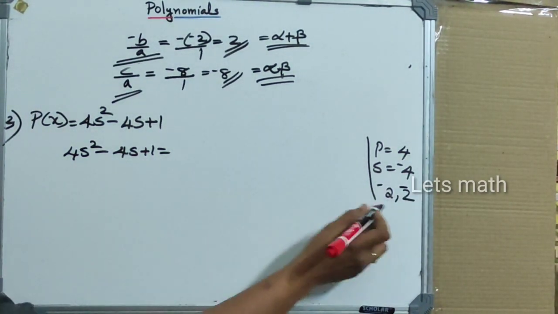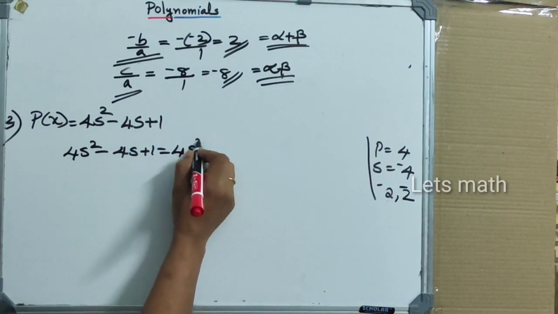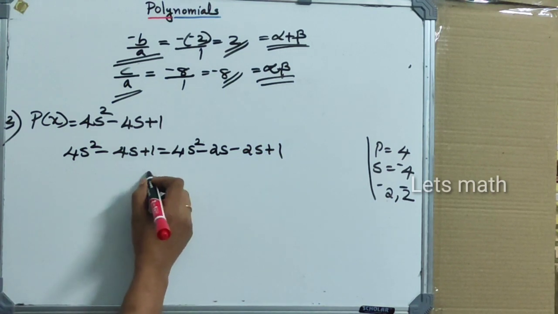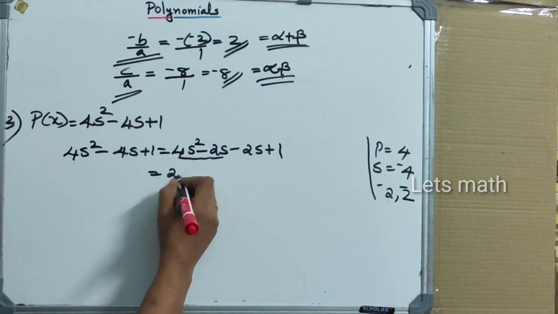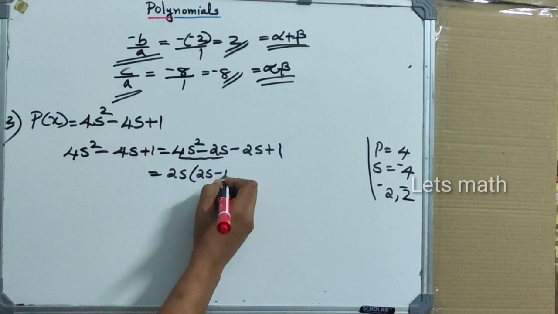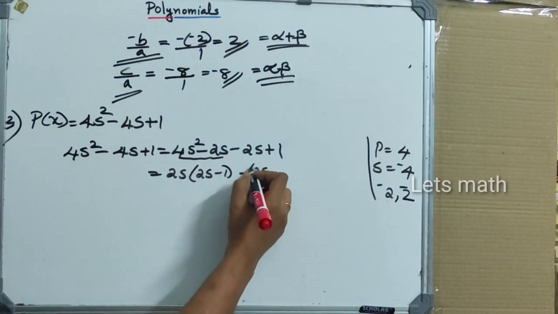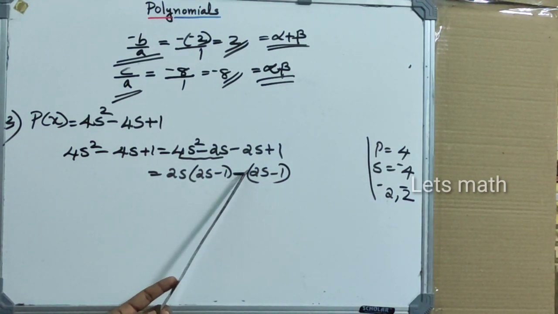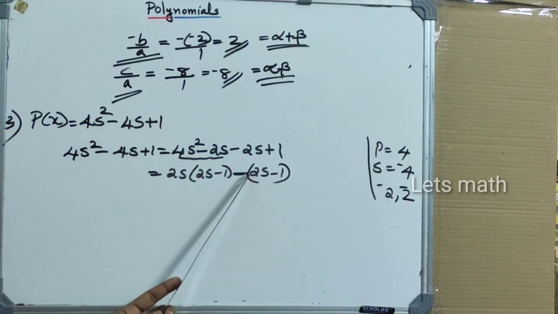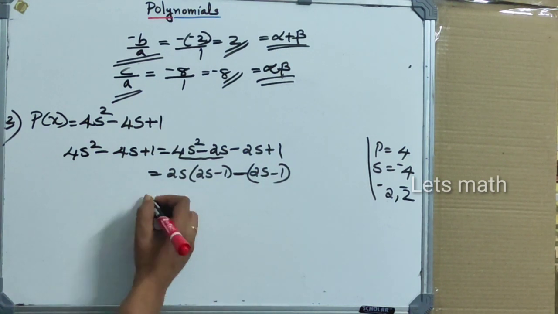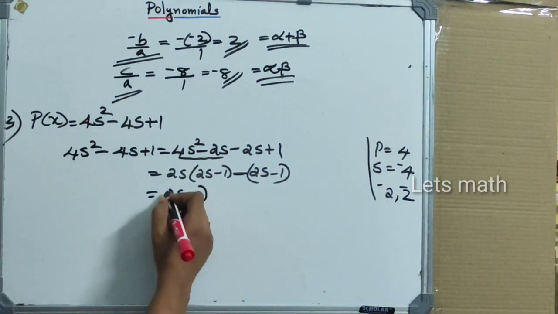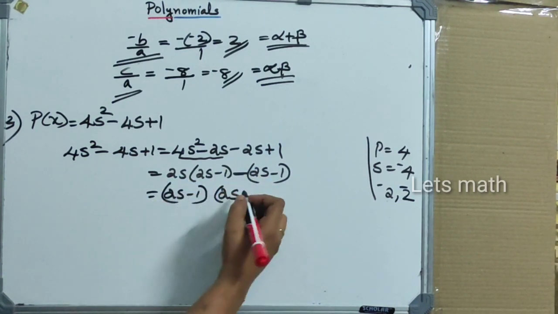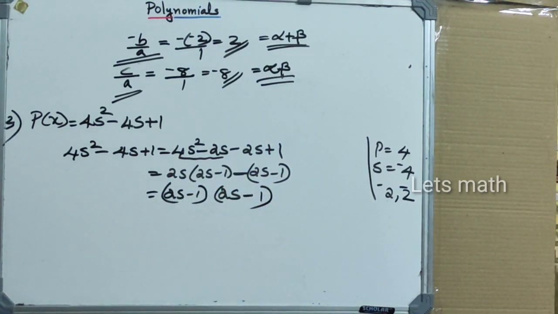So we can say 4x square minus 2x minus 2x plus 1. Again take the common factor out. Minus 1 out. If you don't write anything, that means it is 1 here. So 1 into 2x minus 1. Again the common factor is 2x minus 1. 2x is taken out, and if it is taken, there is 1 left over.